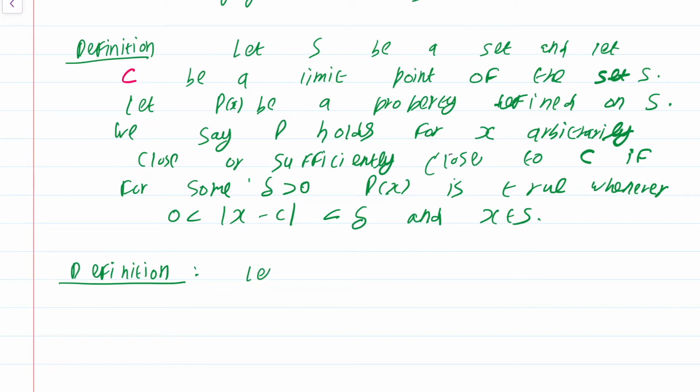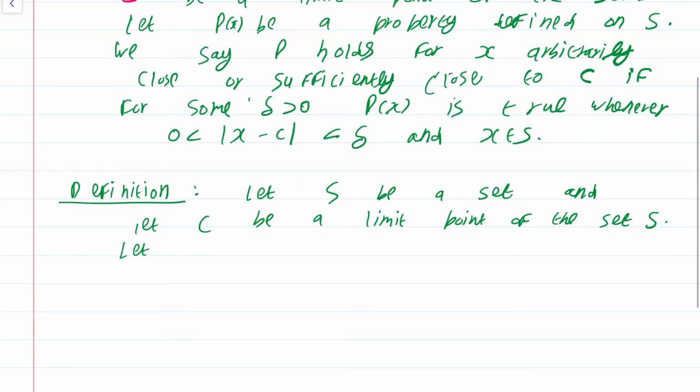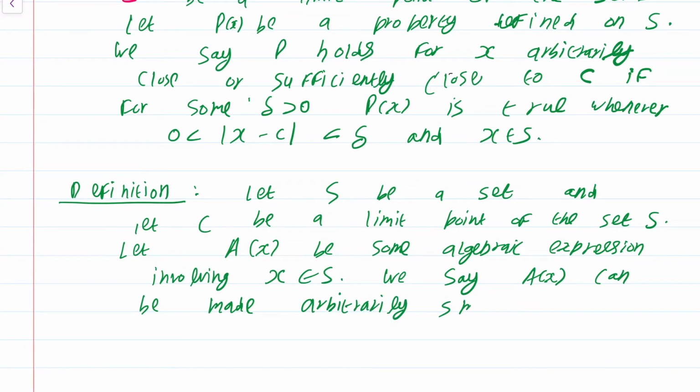Let S be a set, and let C be a limit point, again a limit point of the set S. Let A of X be some algebraic expression involving X coming from S. We say A of X can be made arbitrarily small as X approaches C